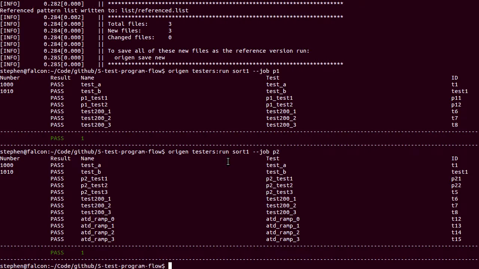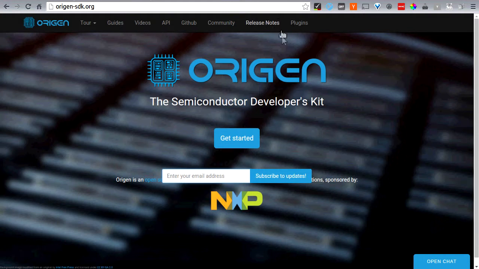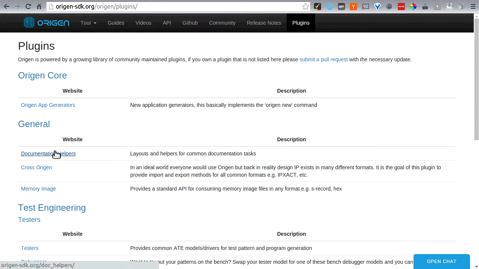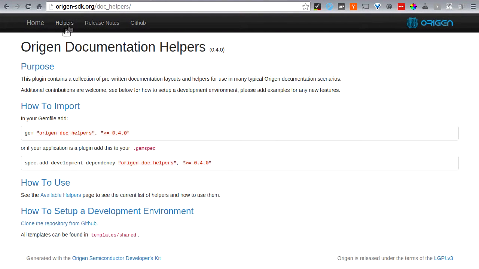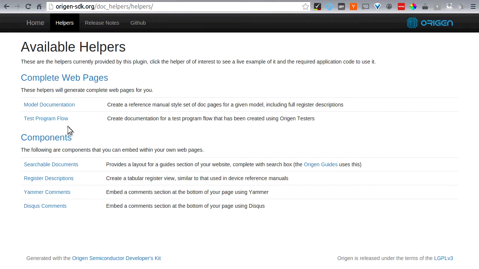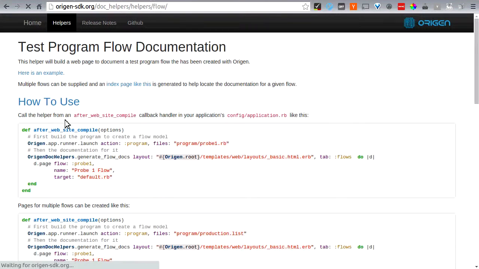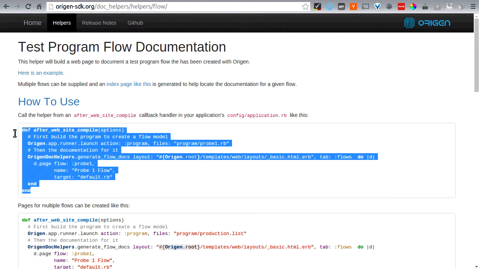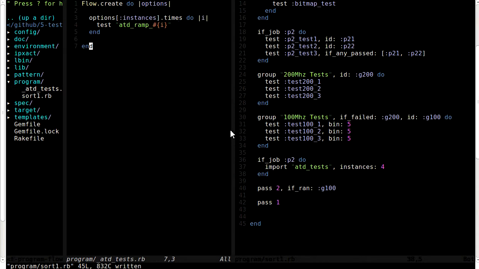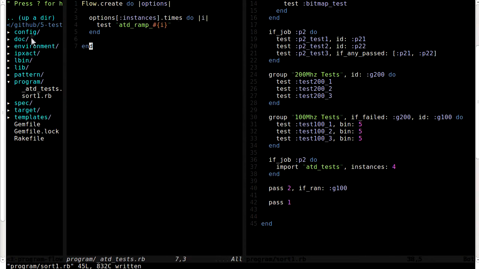But we can also use that for many different things, and one of them is to build documentation of your flow. So if we go to the Origin web page, and if we go to the Doc Helpers plugin, we'll see that one of the helpers that it provides is this test program flow plugin here, and it's showing me here how to integrate that. So what I'll do is I'll copy that,